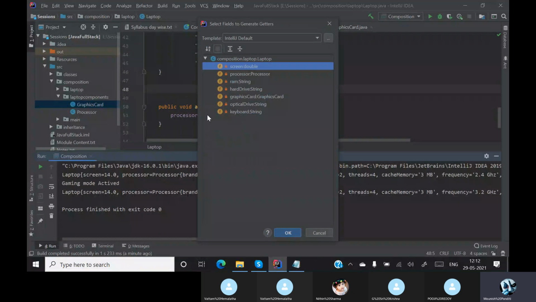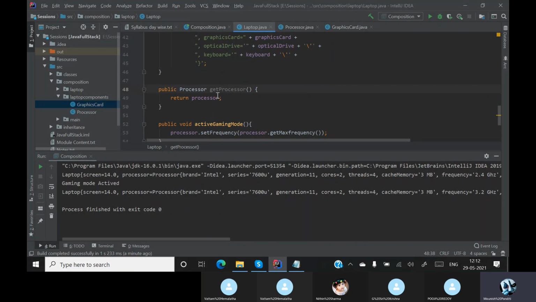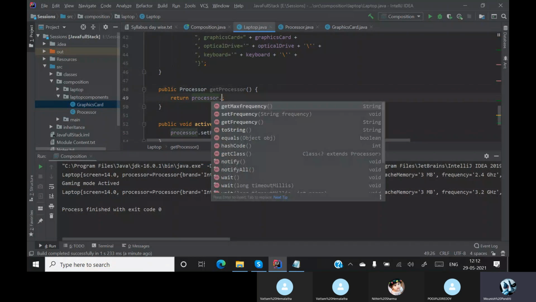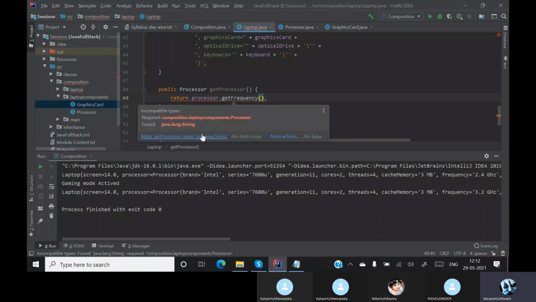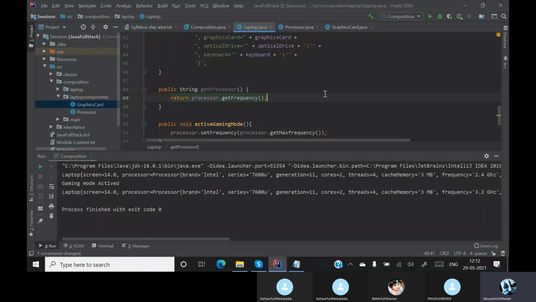Generate a getter method of a processor, and this processor dot get frequency. This should return a string type.